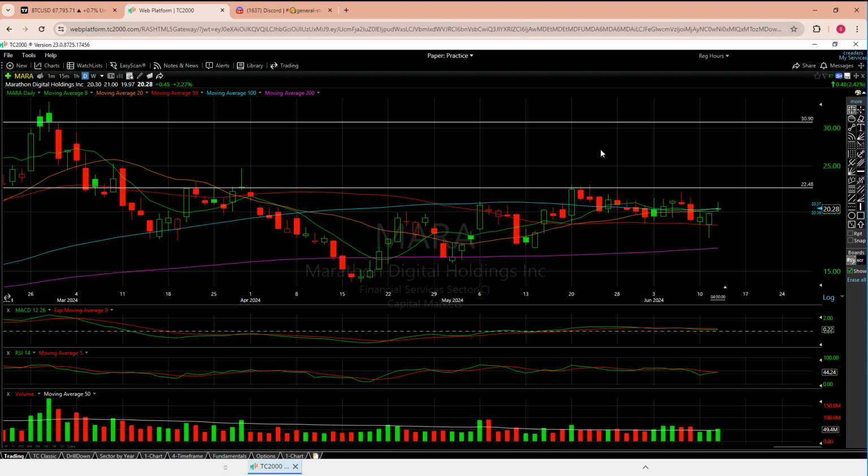Then I'll come back here, use our normal stack, and look at a couple of the stocks themselves, right? So I want to cover Bitcoin. I want to cover Ethereum. There was a request for XRP. I'll quickly take a look at that. I actually don't know what that looks like off the top of my head. And then I want to cover Marathon and Riot. I want to cover WULF. I think I'd like to look at IREN. Hut, I think, had a big day today as well. So we'll see what that looks like, all right?